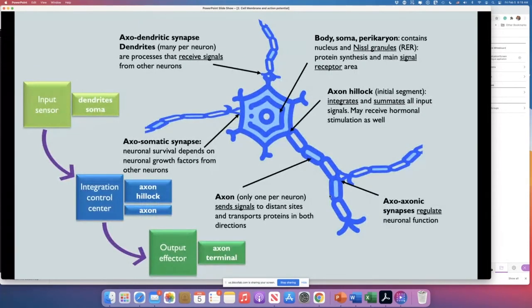Now, take a look at this diagram. Here I've tried to make a representation of a neuron that is receiving information from a couple of other neurons. Notice that one neuron, the one on top, is making a synapse at the level of the dendrite. The other neuron here is making a synapse at the level of the body of this neuron, the soma. Then there is an axon from this neuron that will go to either another neuron or effectors, muscles, glands, etc.